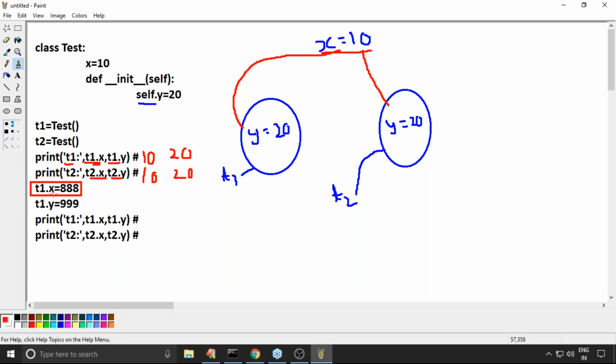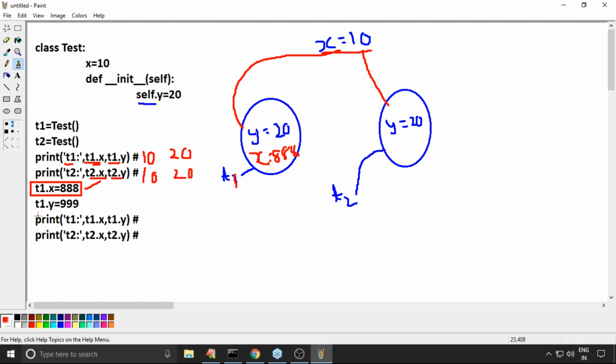If the instance variable is not there, a new instance variable will be created with the value 888. Remember this one. t1.x = 888 means a new instance variable will be created, because to update a static variable you compulsorily have to use either the class name or the cls variable only. By using an object reference, you can't modify the static variable value. A new instance variable x = 888 will be created for t1.